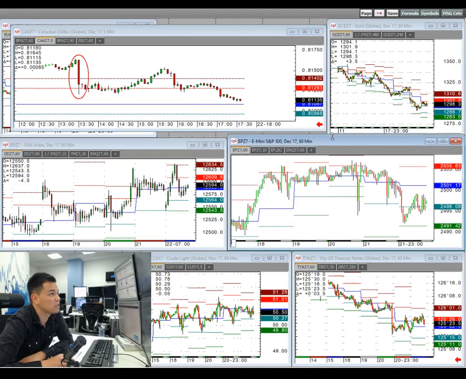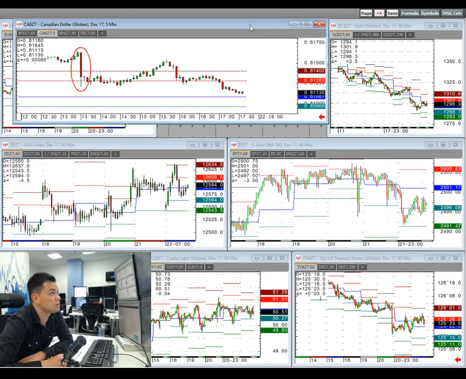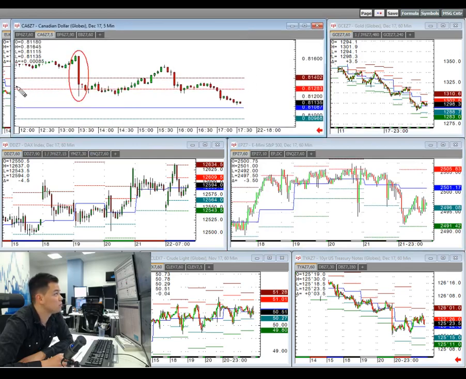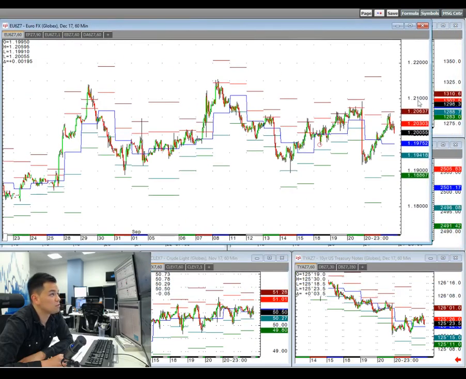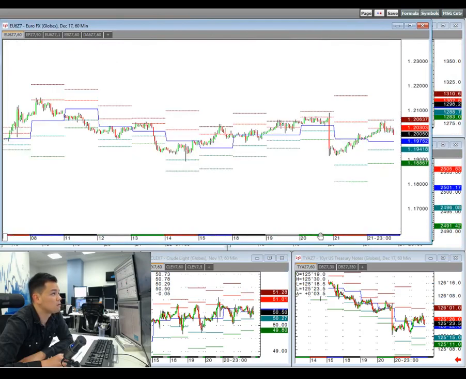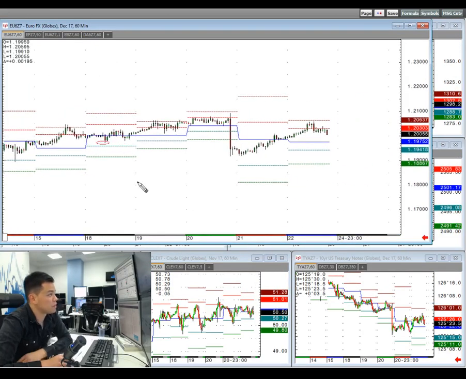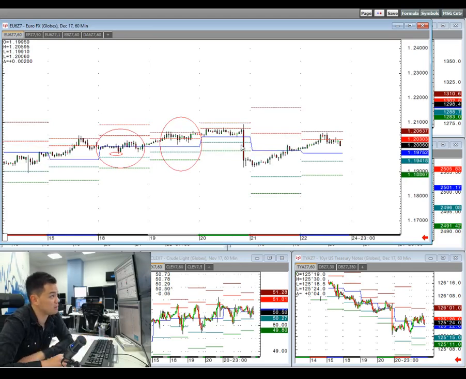If we have a look at the week, if we start with the euro, let me just bring my euro chart here. So this is the euro for this week. As you can see, the start of the week was pretty quiet, because obviously the main event of the week was the Fed interest rate decision and press conference from Janet Yellen. So Monday quiet, Tuesday neither, and then 7:30 Wednesday evening, a hawkish interest rate decision.